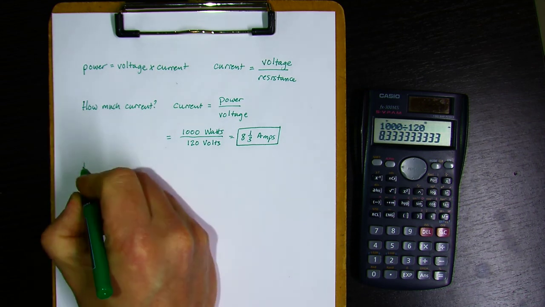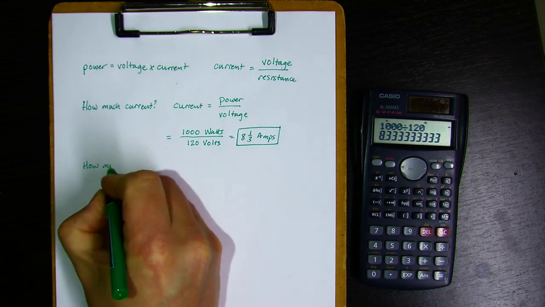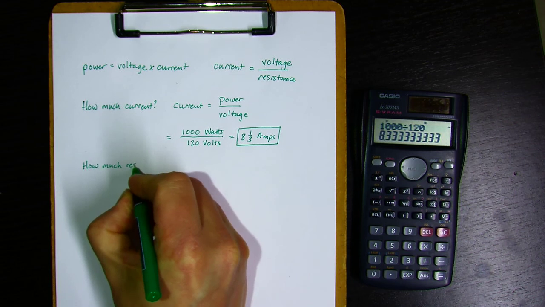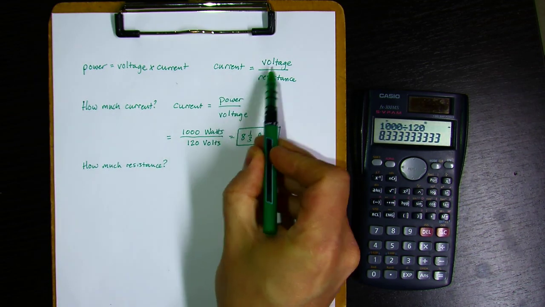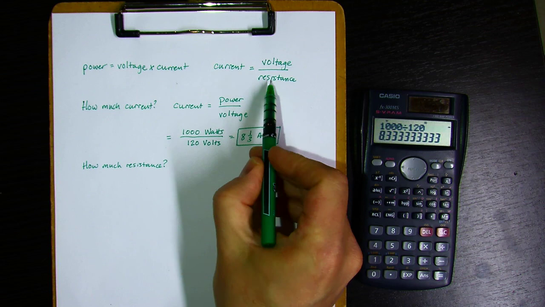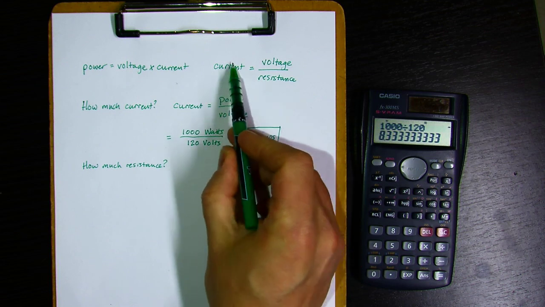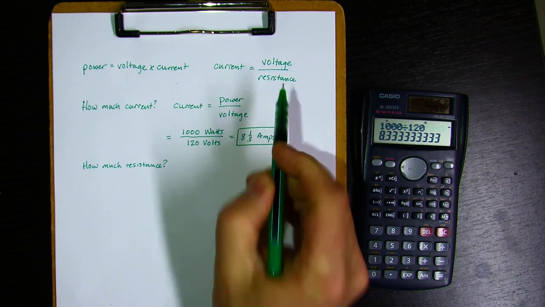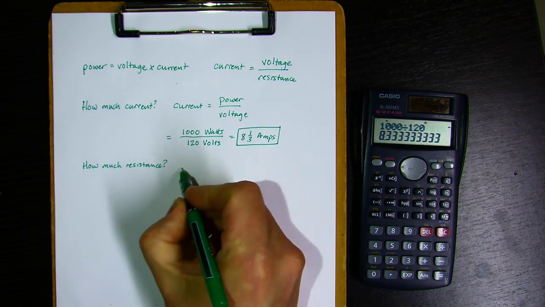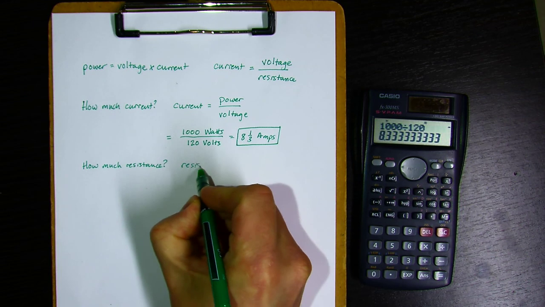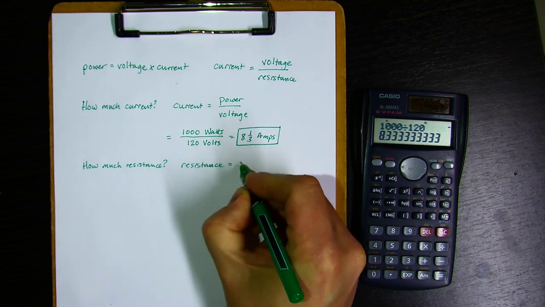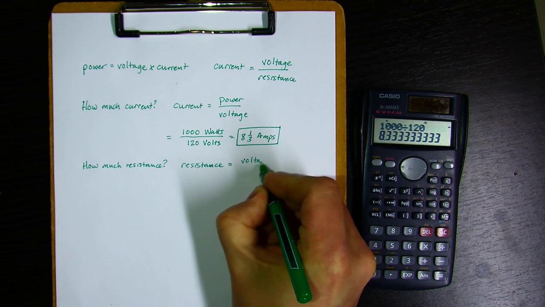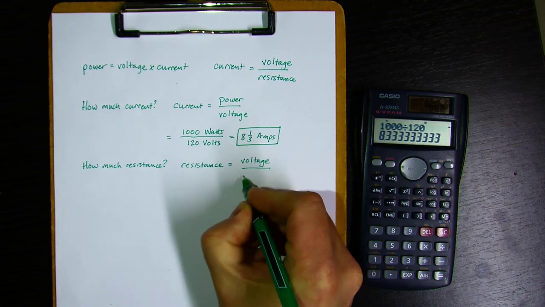So how much resistance does my hairdryer have? Well, current equals voltage divided by resistance. So if I multiply both sides by resistance and divide both sides by current, I'll get a relationship that says resistance is equal to voltage divided by